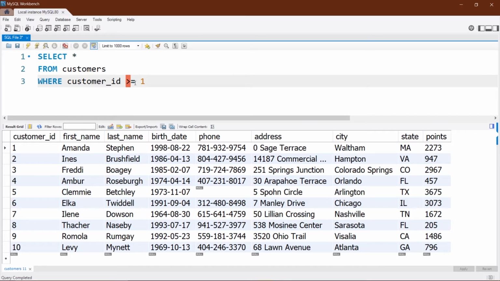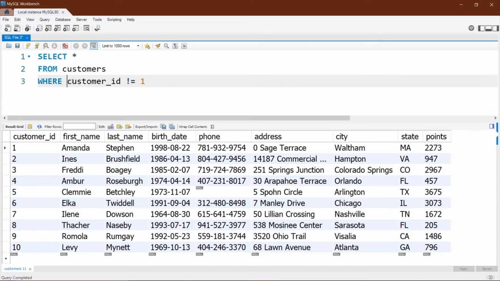Now this is about the greater than or smaller than comparison operators. We have already seen the equals operator. Now let's see not equals. If I write an exclamation mark just before the equal sign, then it becomes not equals.